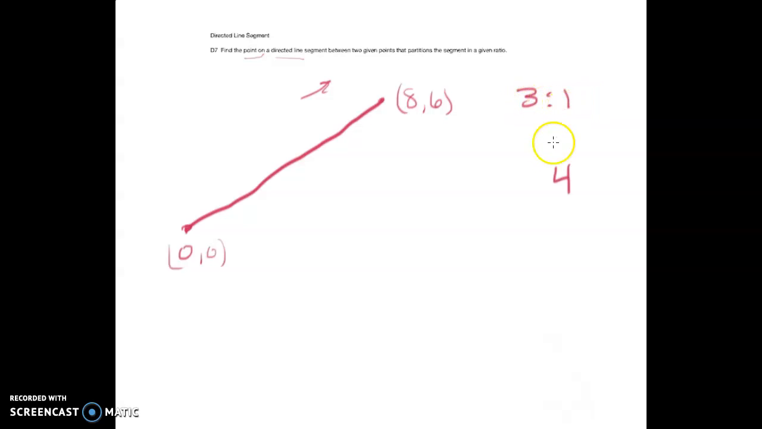Let's see, just add these two numbers together and say 4. And really what I'm looking for is 3/4 the way from the beginning to the end. Okay, that's pretty easy. So how do I do that? Same way. Let's do the x first. It's 0 plus what? 3/4 the distance